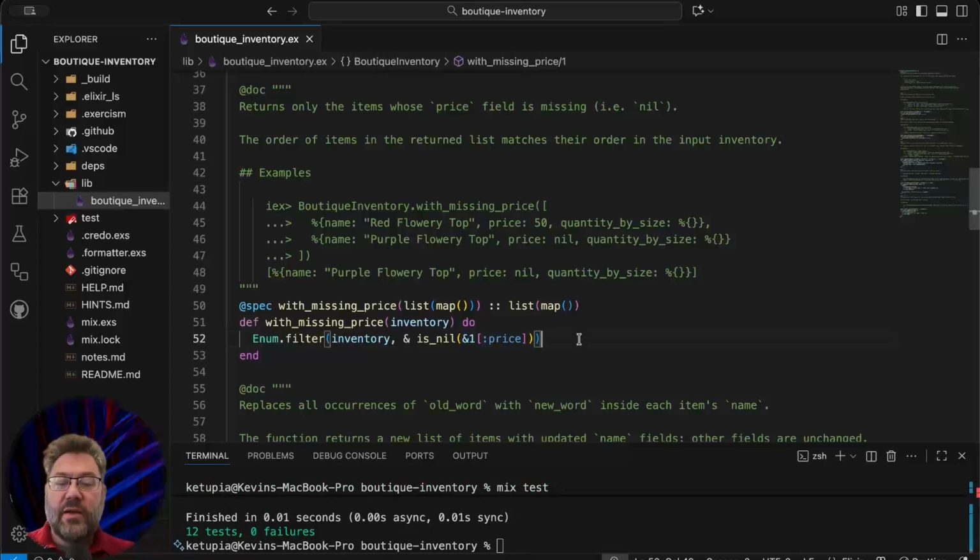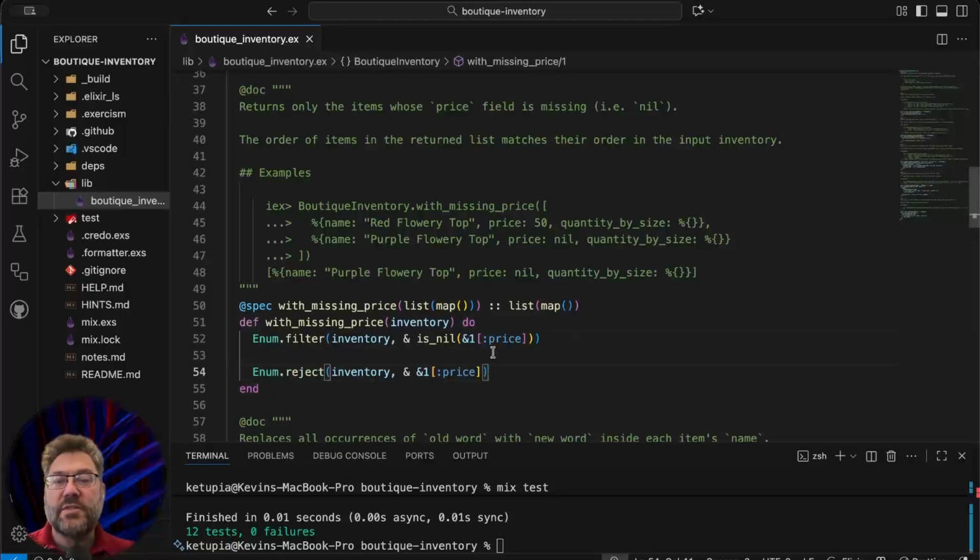To provide a counter, this is filtering. So this is keep the things where the price is nil. You could alternatively say, let's reject the items where there is a price. And this is a little bit cleaner on the clause here because we're saying if it's got a price, it